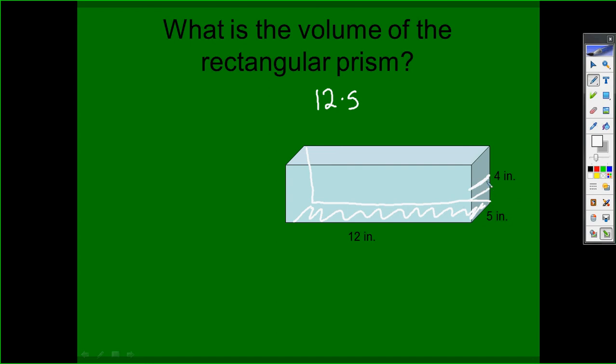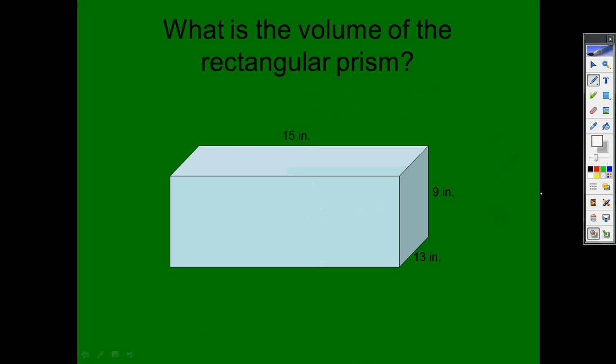And if it's 4 inches, that means there would be 4 layers of 60. So 12 times 5 is 60, times 4 would be 240 cubic inches. So I'm finding the number of cubes in one layer, and then multiplying by the number of layers, or base times height, or length times width times height,